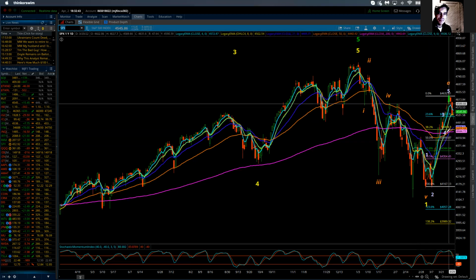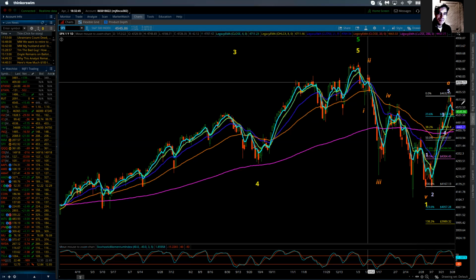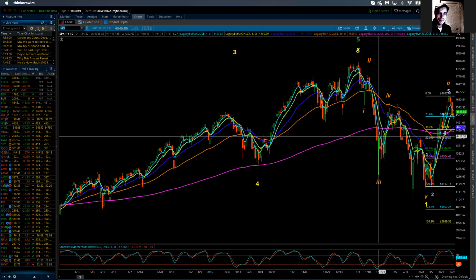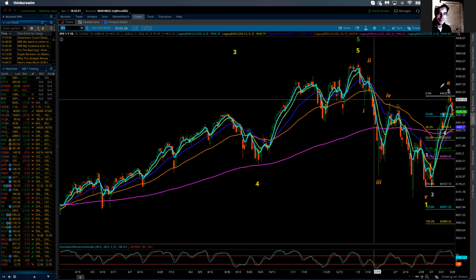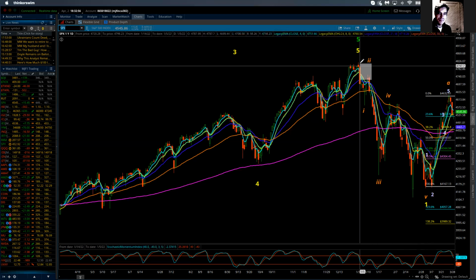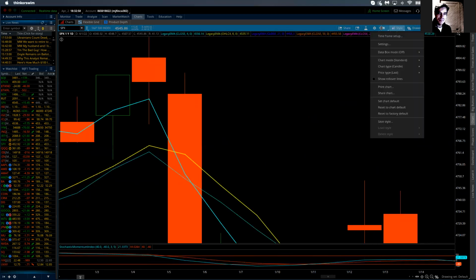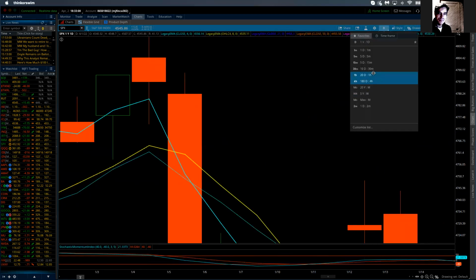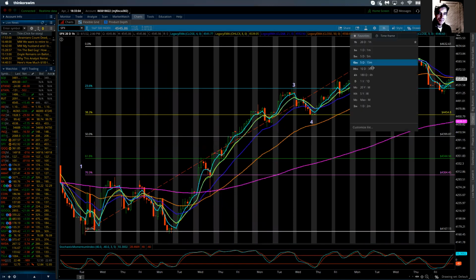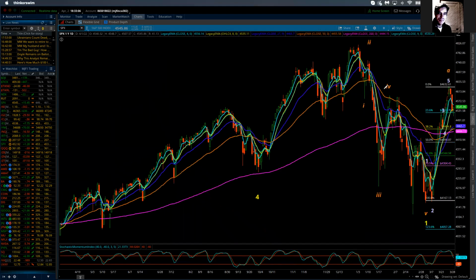We have all the moving averages now. You can see they're very congested on the daily, right there. No, that's not there. They're congested on that daily. Come on. Sometimes they just don't want to work, do they? And I'm going to go back over to that hourly chart and see if I can't pick it up. It's the daily that's got them all. That's the one I want to look at.